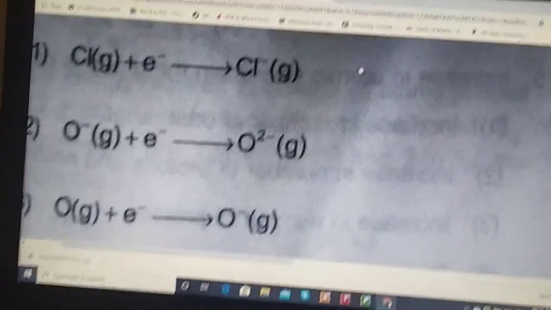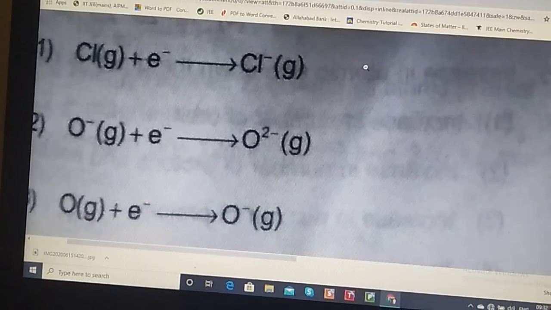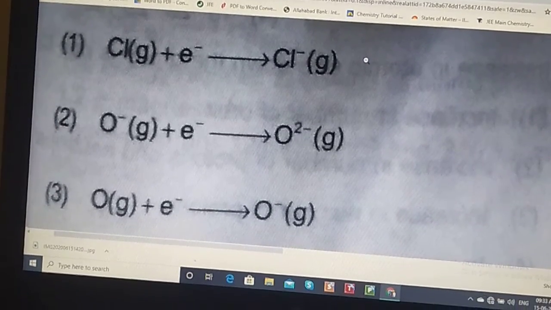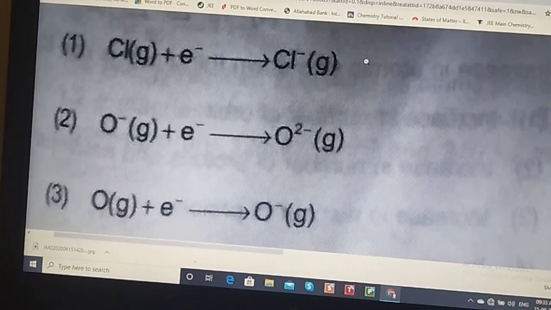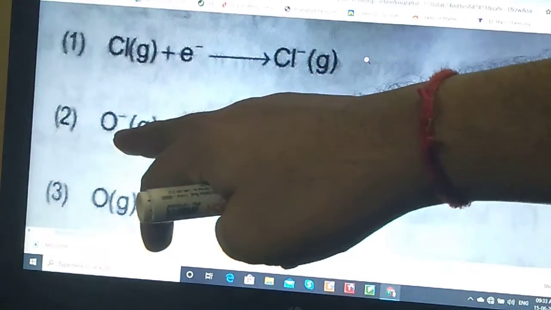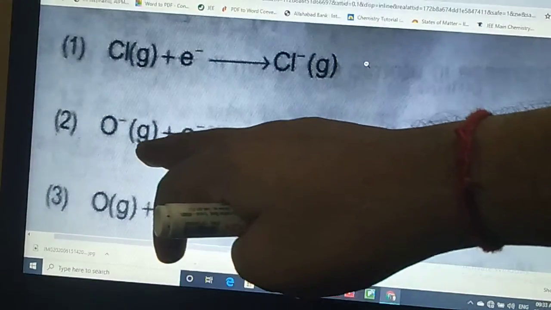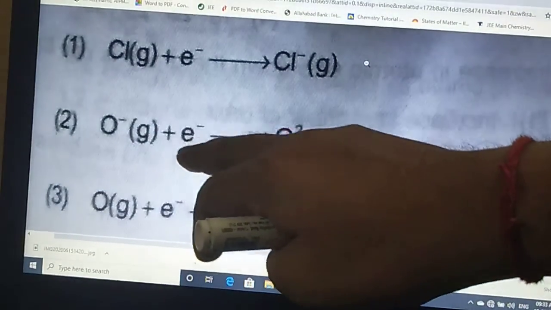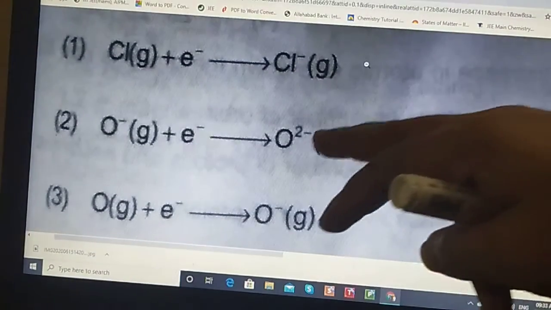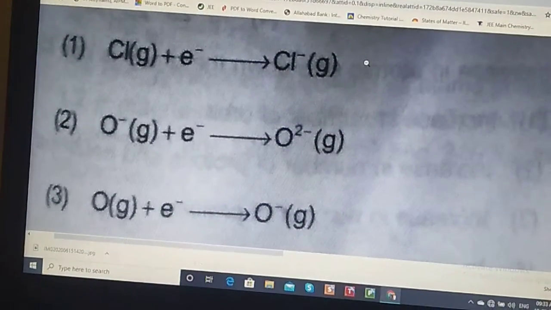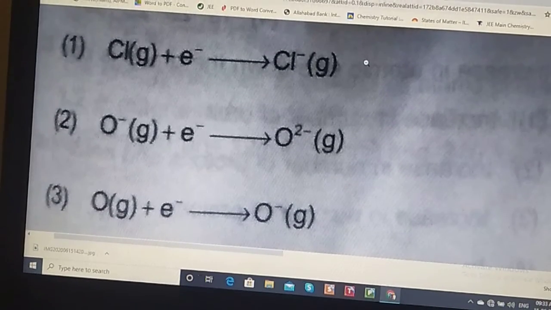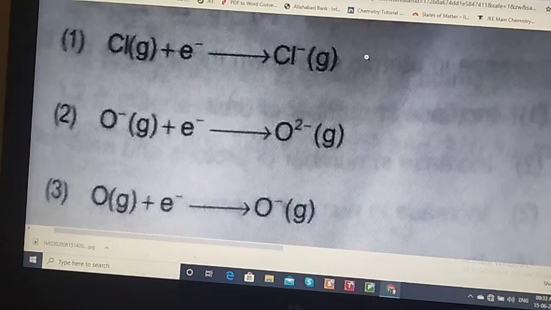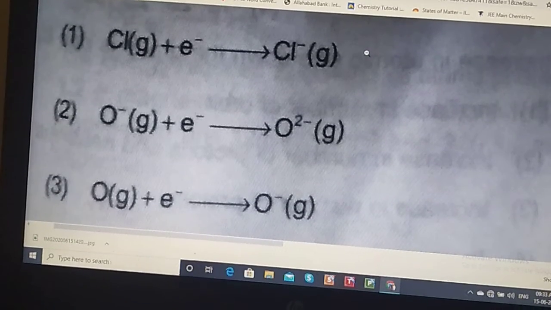If negative charge is already there and you want to add an electron, it is difficult to add the electron. So to add an electron to a negative charge, you need to supply energy. Option number 1 is not a negative charge, so it is eliminated. Option number 2 is a negative charge and you are adding one more electron, student, so negative repulsion will be there. To add the electron, you need to supply energy. So here O minus will convert to O2 minus. So the correct option will be option number 2. And I also discussed that the second electron gain enthalpy is always higher than the first electron gain enthalpy.